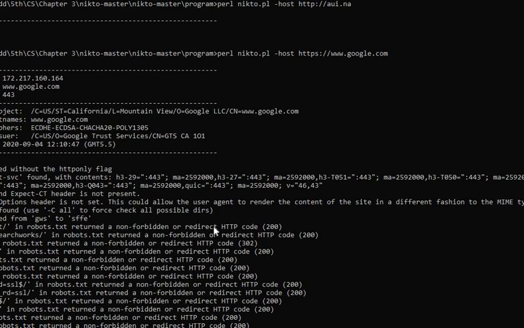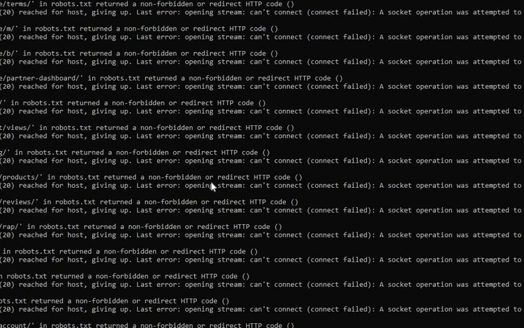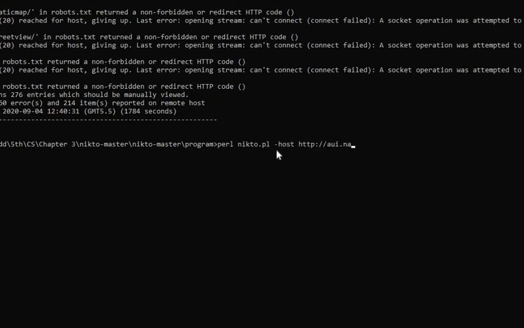But how can you do that? Let me give you the command for that. That is your Nikto command. Yes, this is your command, perl nikto.pl -host, and this is your host name. Edit and copy. Let's move towards our file.